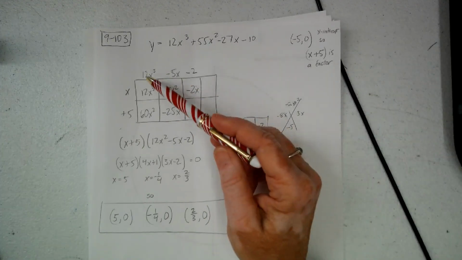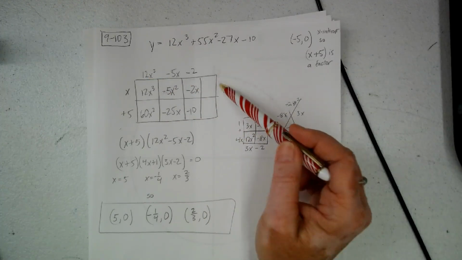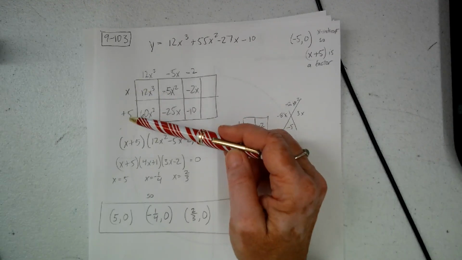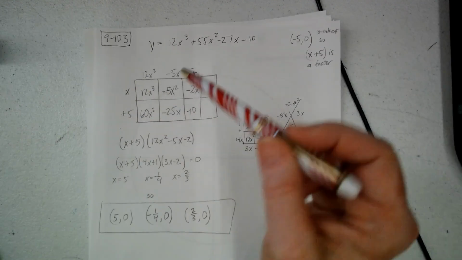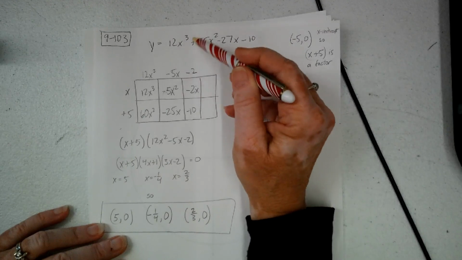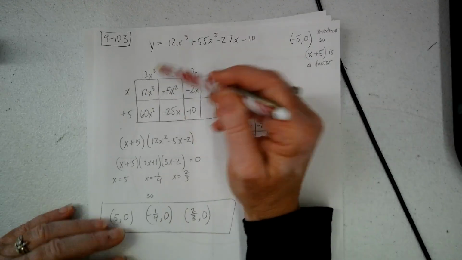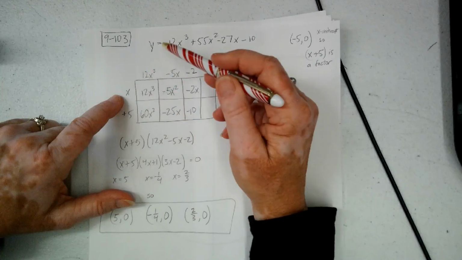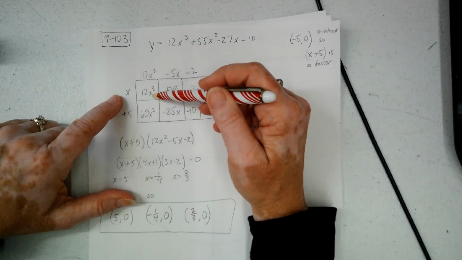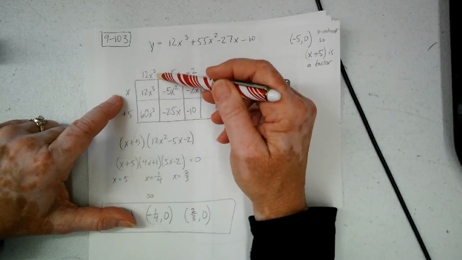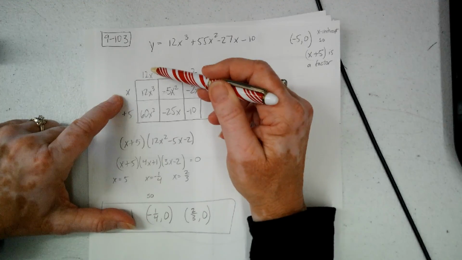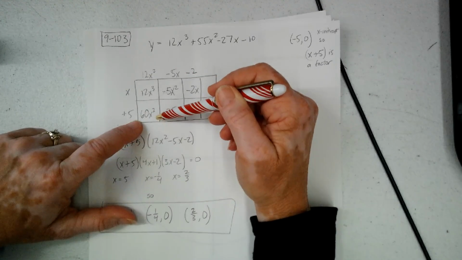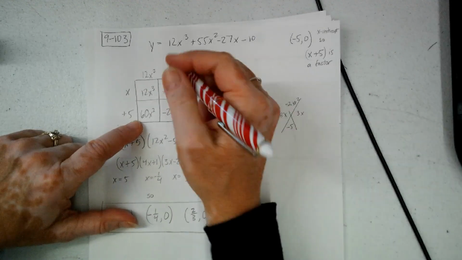So I'm going to get out my area model, and I'm going to do Polydoku. I got an extra box there, whoops. So I put the x + 5 on this side, and then you take the first term and stick it in there. I didn't know anything else yet, but I asked myself, x times what equals 12x³, and I came up with 12x². Then I used that 12x² times 5, which gave me the 60x². And then what you do is you go,